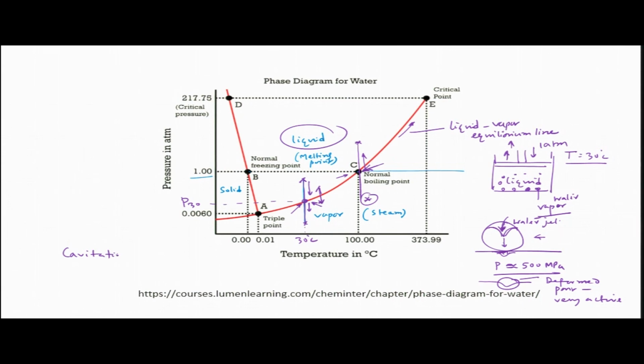Now, this bubble formation and bubble collapse, and the collateral damage to that particular material, is basically termed as cavitation erosion, okay, or cavitation corrosion. And in fact, in many cases it is simply called cavitation. So, we will talk about this cavitation in greater detail in our next lecture.